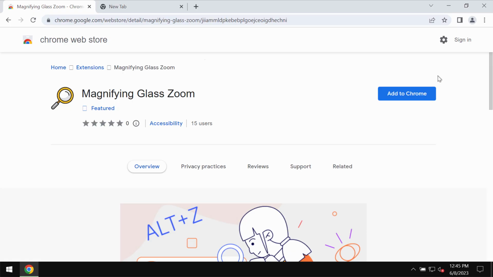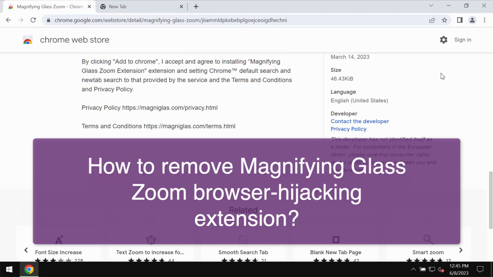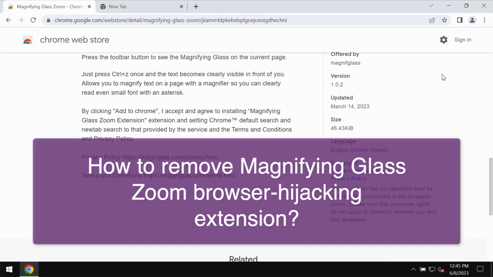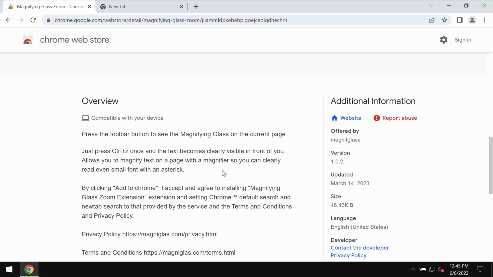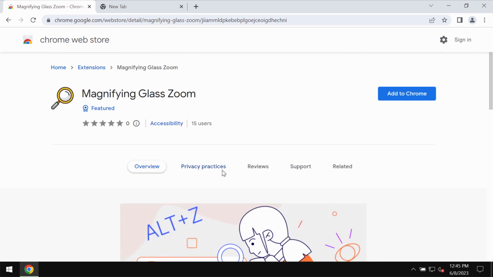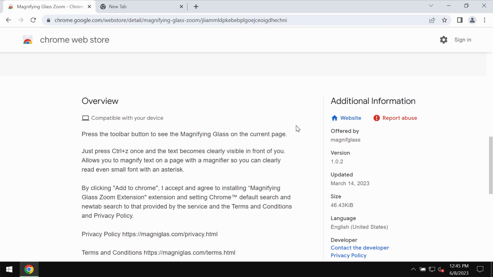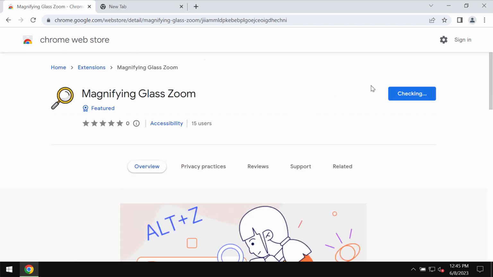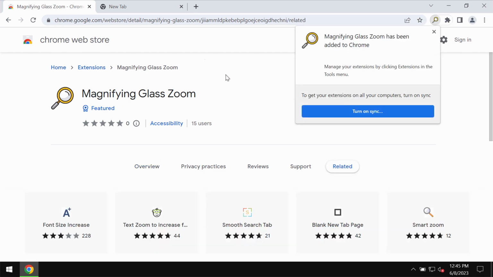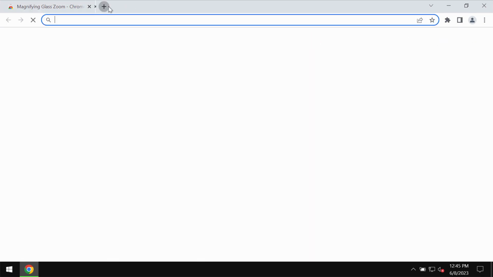My video will provide you with help to get rid of the unwanted browser extension called Magnifying Glass Zoom. Magnifying Glass Zoom is the extension designed specifically for the Google Chrome browser. But this extension actually changes the default search engine settings and the default homepage settings. Because of that, it is fairly considered to be the browser hijacking extension that changes a lot of crucial settings